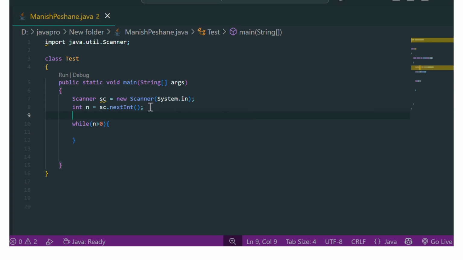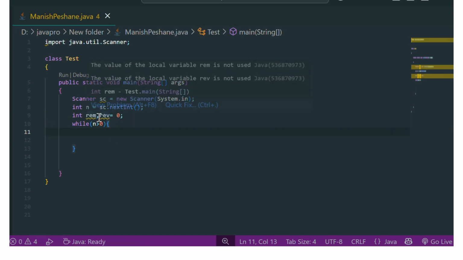The variable names are remainder and reverse. We find the remainder and reverse, and only then can we find whether it is a palindrome or not. So we write int remainder, reverse equals 0, because we need to calculate the number.